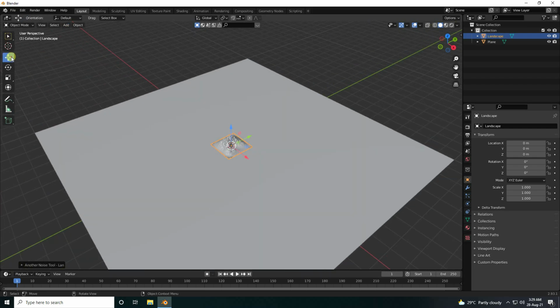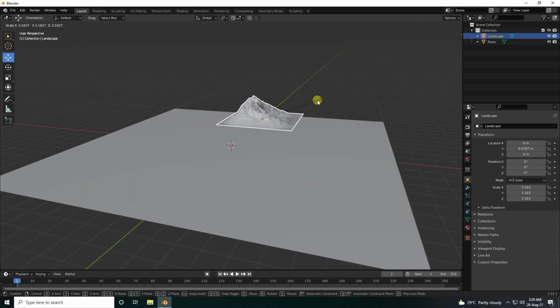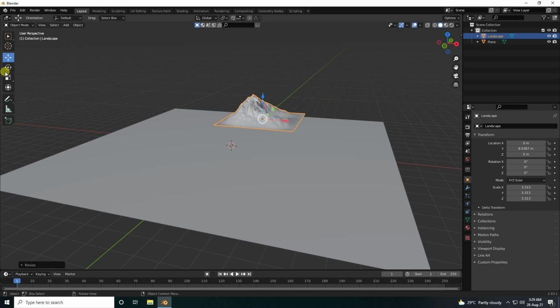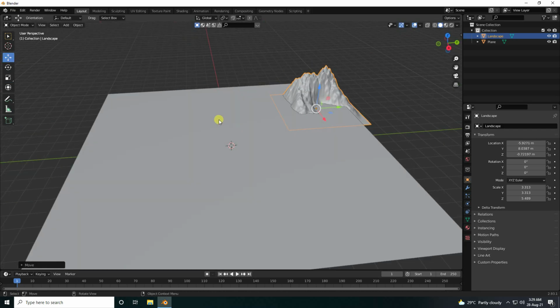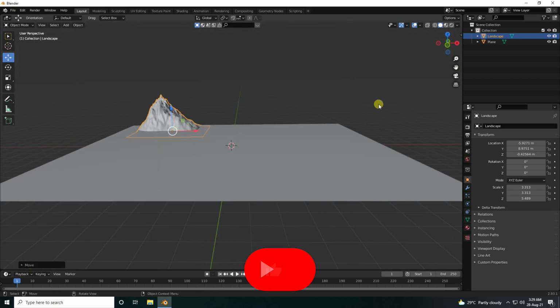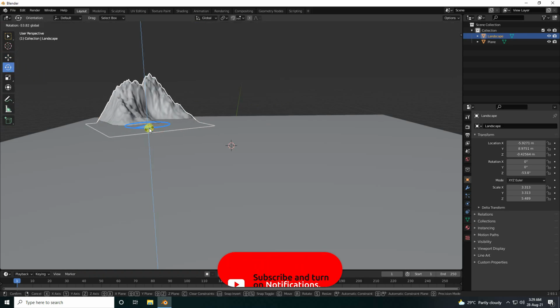Yeah, and guys go to back here and increase size. So press S letter and increase size like this. Yeah, so guys I increase height. Yeah, so go on left side, so little bit down and back. Yeah, right. Okay, so now rotate this landscape like this.